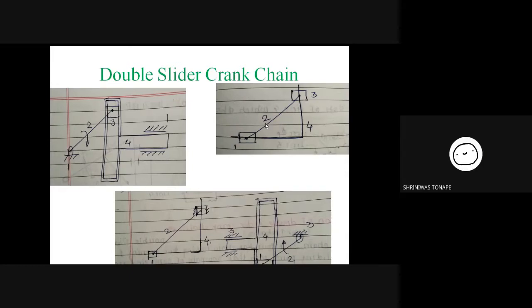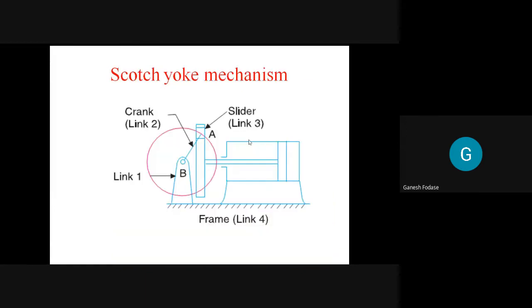Turning pair with 1 and 3. Okay, so you have to understand the pair, the link which you are going to fix to obtain inversion 2 is nothing but link number 2 is fixed, and it must be clear to all. This link number 2 is forming turning pair with 1 and turning pair with 3. Understand? I will see how we obtain inversion. So when link number 2 is fixed, what that inversion is, that we'll see in detail now.